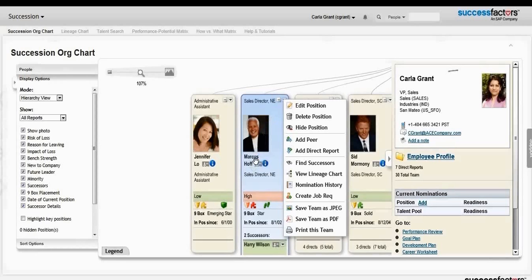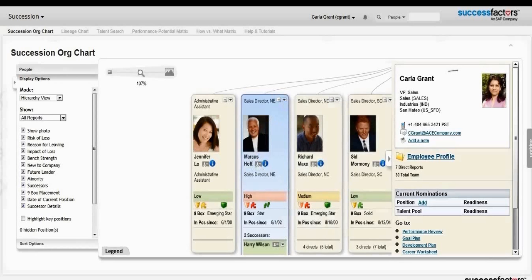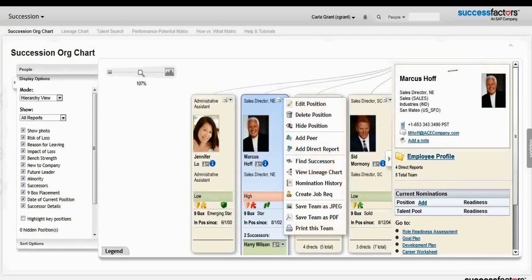The employee succession profile contains the following information. It contains an employee's name, business card which links to the succession profile detail, and the risk of loss, talent pool icons, and 9-box placement and time in position. It also shows the nominated successors to the position and their readiness based on the color. It links directly to the direct reportees if there are any listed below,